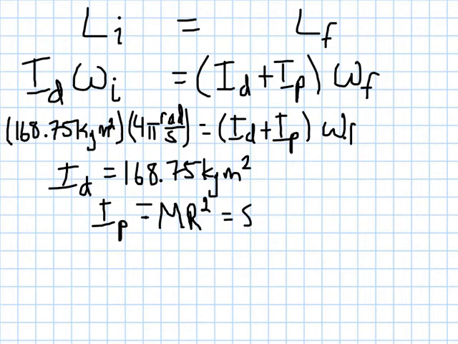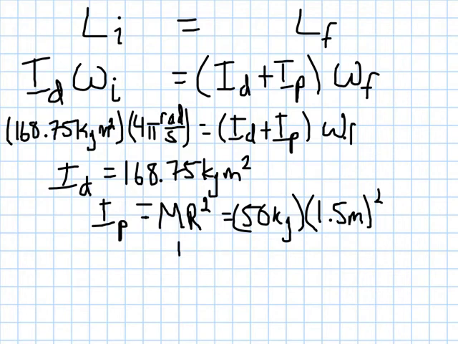So this will be equal to 50 kilograms times the 1.5 meters to the very edge squared. And so this moment of inertia of the person is equal to 112.5